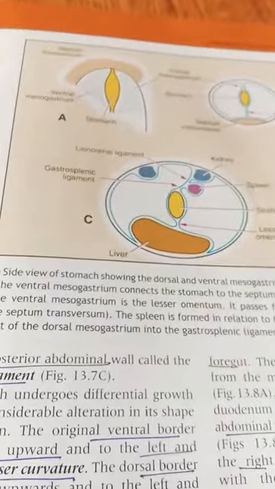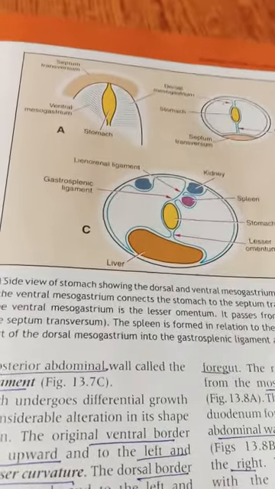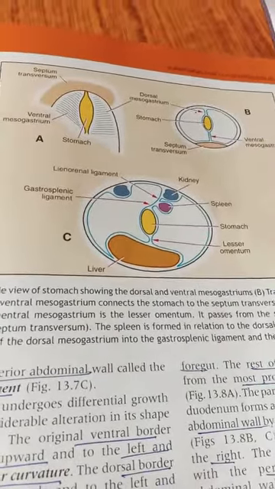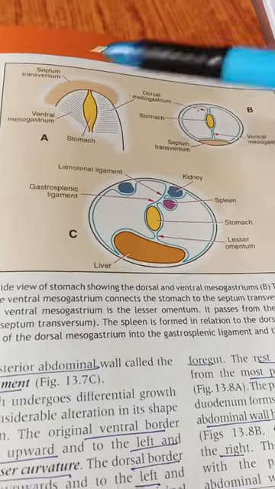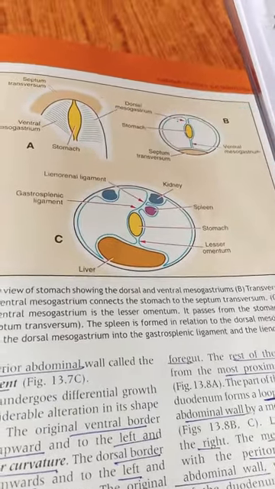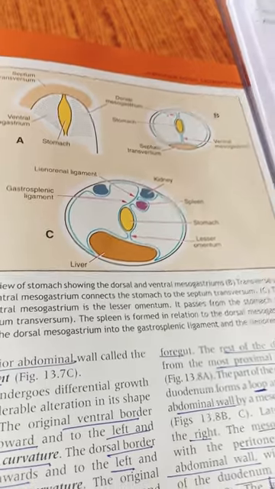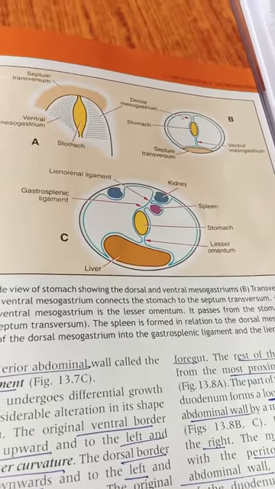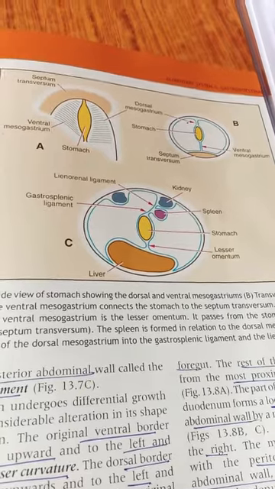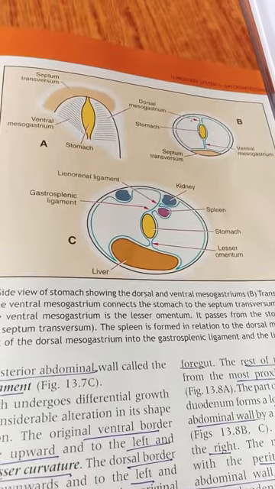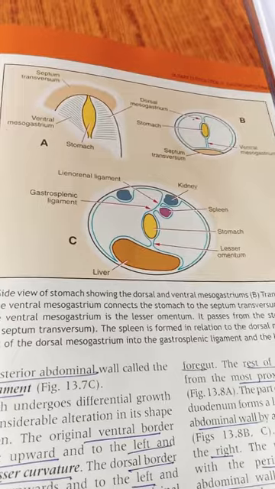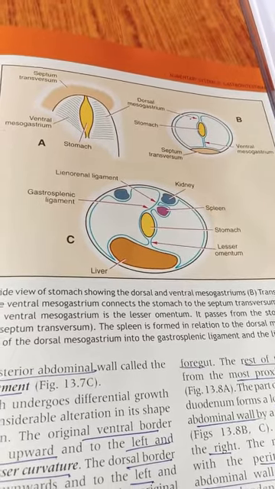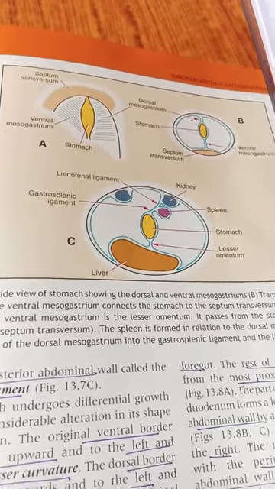So now let us start our stomach, how the stomach is formed. Stomach is actually first a fusiform dilation, right? Here you can see this fusiform structure. So first the stomach is like that, which is mainly from the foregut. If you remember, stomach is a derivative of foregut, and this is mainly present distal to the esophagus. Just now we have discussed this: esophagus is between the pharynx and stomach. So of course distal to esophagus we have a stomach. First it is a fusiform dilation.